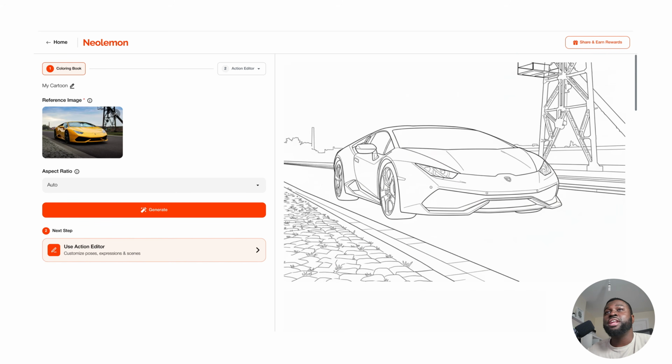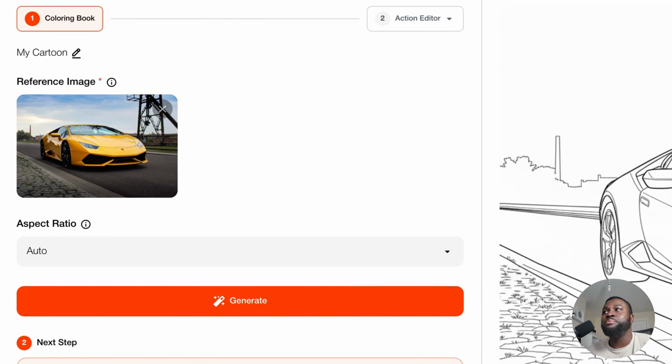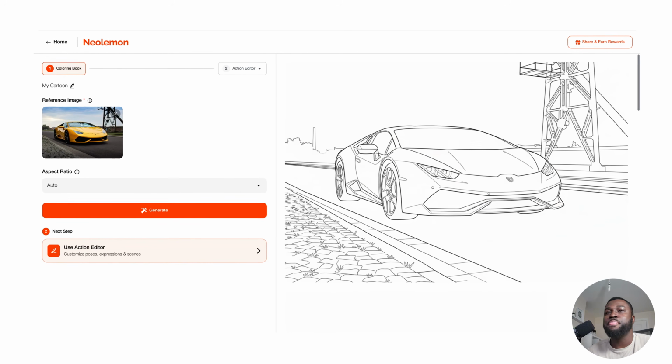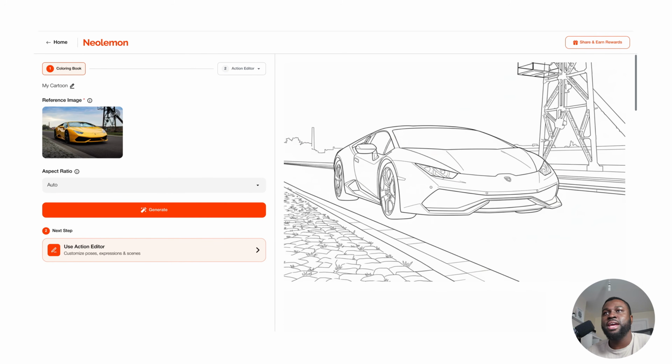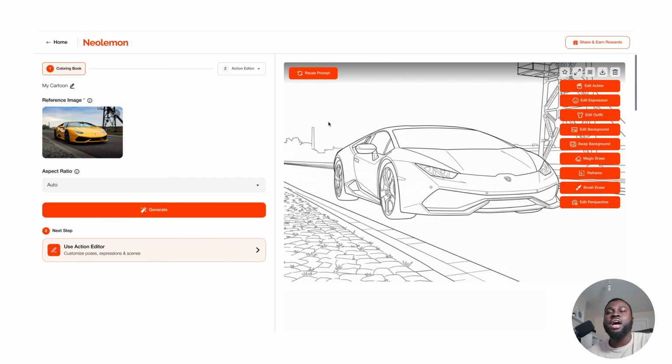You can also turn any dream image, for example, like a dream car, into a coloring page, as you can see here. It's got the brick path to the right hand side, and you can see the Lamborghinis on the road with a few things in the background. I can tell right away that this is a Lamborghini, which just shows how much of an excellent job is done on this reference image. So go ahead and test out several other cars too.